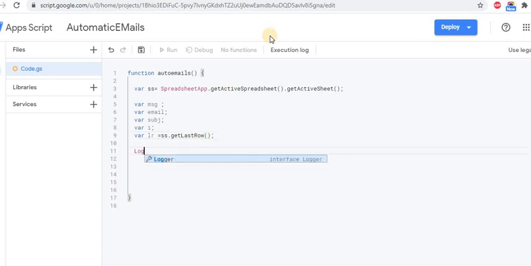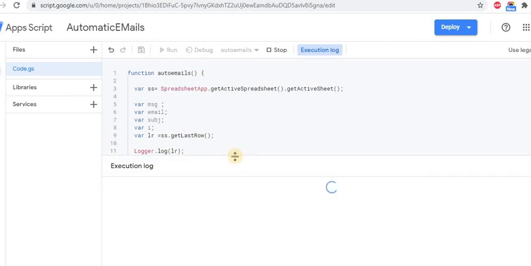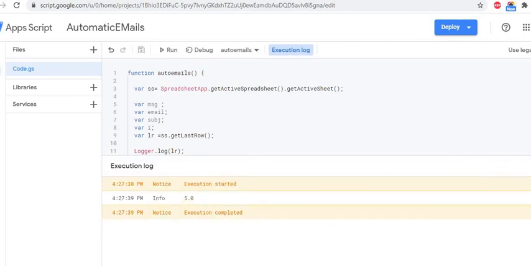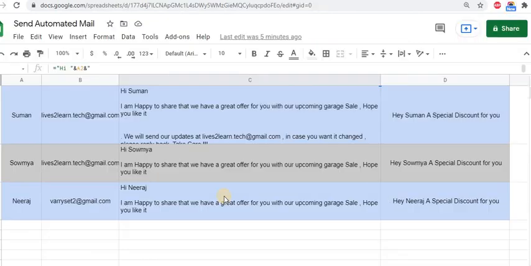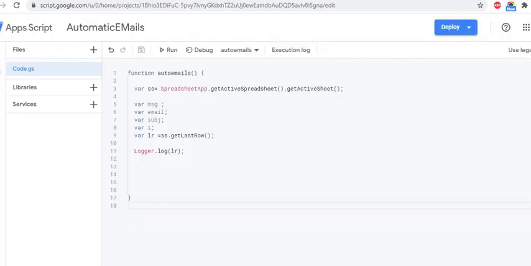So now if you want, we can just check this, and it will ask for a few permissions before we run it. Now let's run this to see, and we'll get 5, which is the last row, and it's showing correctly. Okay, so let's proceed now. So now just let us test the loop: i equals 1, which will start from the first row, i is less than LR, and i plus plus. So this is our for loop which is complete.